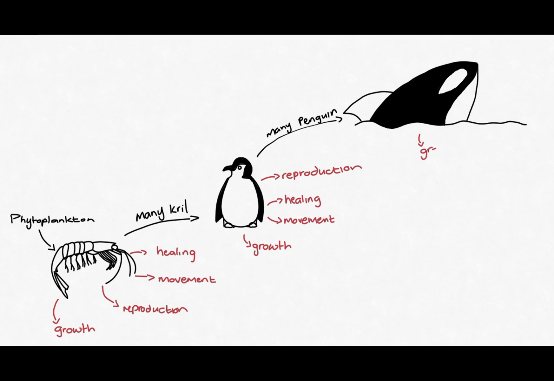These orcas then use the energy for growth, for swimming, for healing, as well as reproduction. So if we think about it, if we had to use krill as a source of omega-3 fatty acids, it would be more energy efficient, as not as many krill had to die to sustain the amount of energy needed